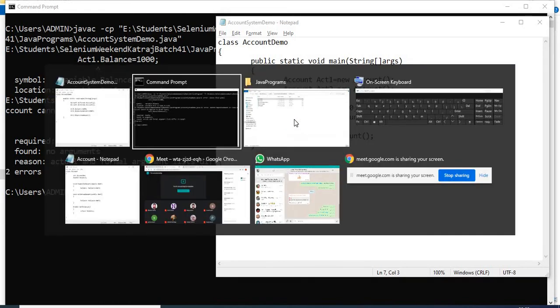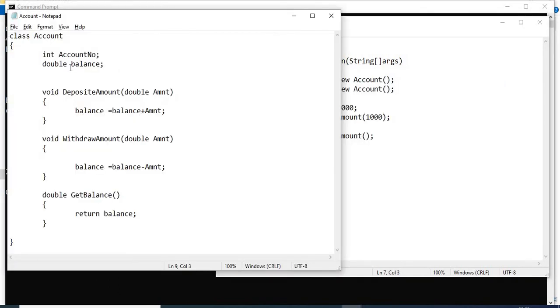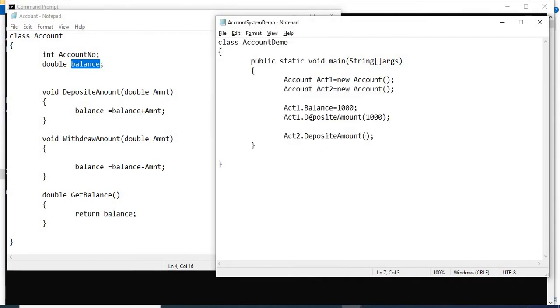Now if you see, the name of the variable is balance, everything in small letters, but I have accessed it with a capital letter here. That's the problem. It checked the bytecode of this account class, and it didn't find a variable name the same as the one we are using here.